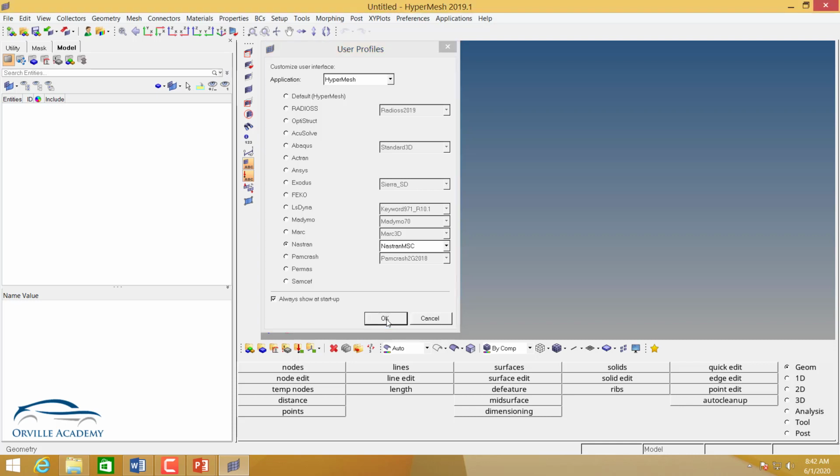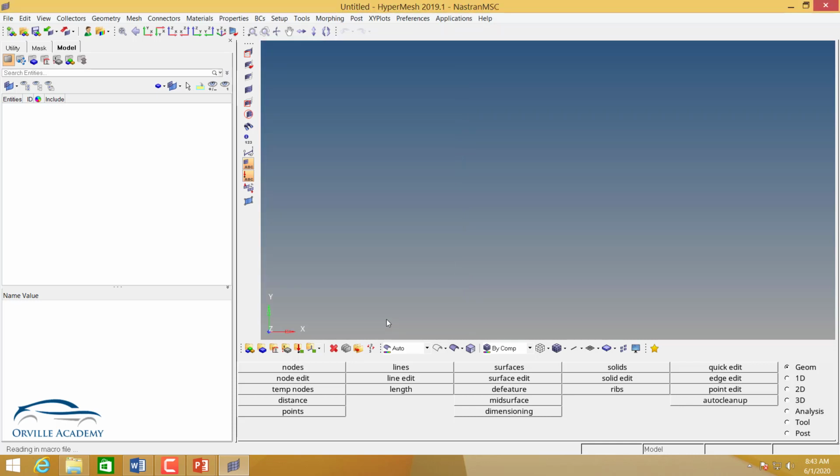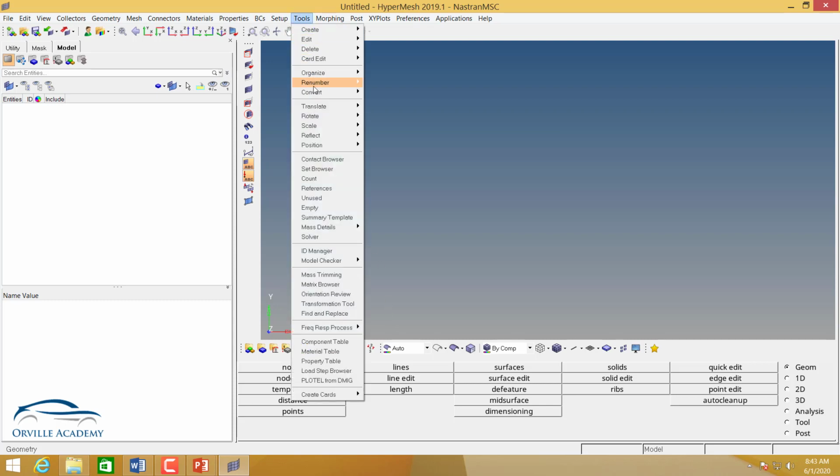For example, let's say for the first 10 minutes I have created with the user profile of Abaqus and I have done some modeling. After 10 minutes, I have changed my user profile to ANSYS and again for 10 minutes I have created my model. Now the problem is that the first 10 minutes that you created using Abaqus, you have to convert into ANSYS so that the entire thing will be in ANSYS. So don't worry, you are able to do that. You have to go to Tools and here we have Convert, and here you can convert Nastran to any other possible solver.